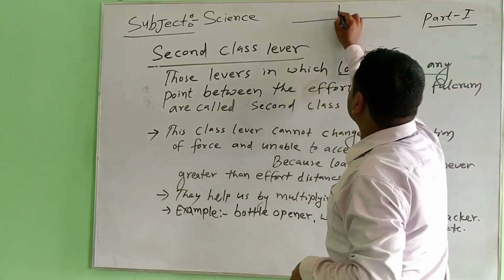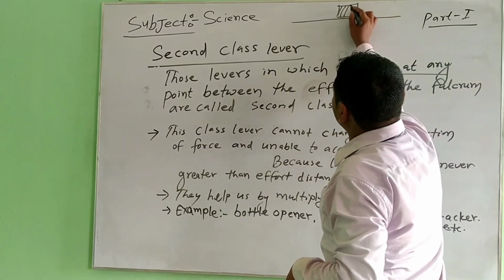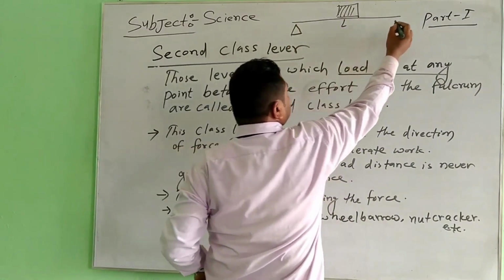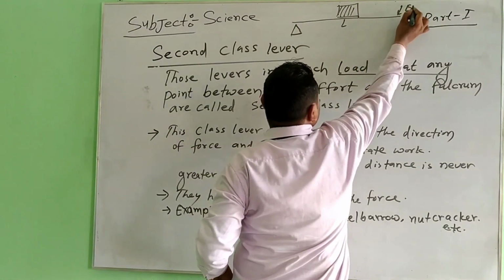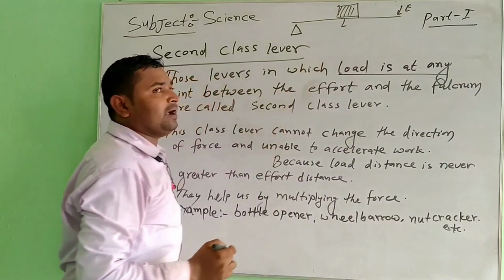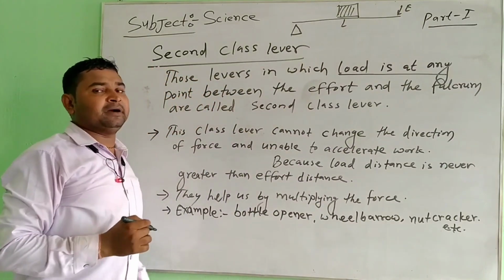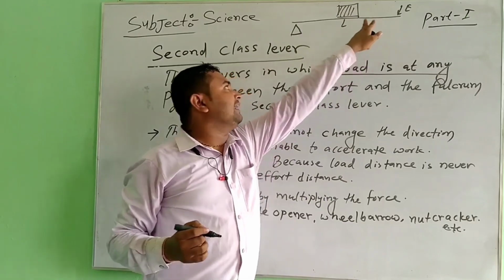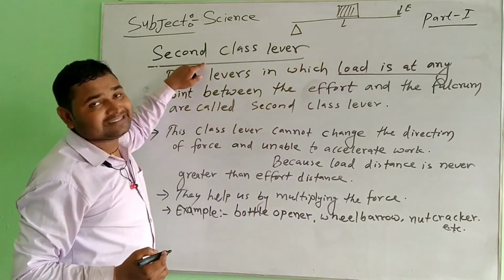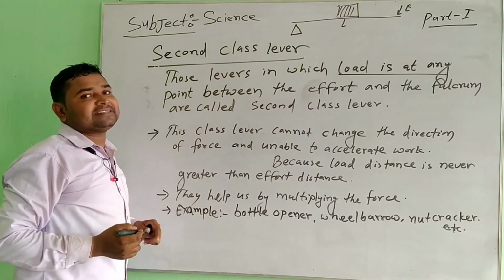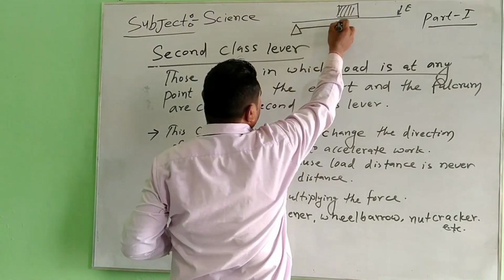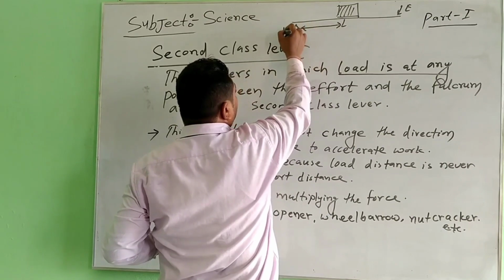Load is at any point. Suppose this is the load, this is the fulcrum, and here the effort is applied. So this is the second class lever. When the load is between the fulcrum and the effort, that is called what? Second class lever. In this second class lever, the distance between the fulcrum and